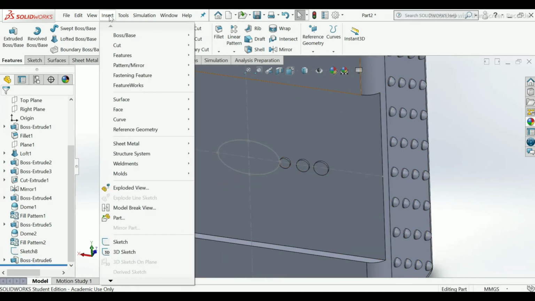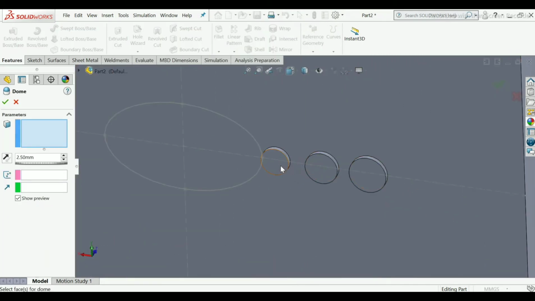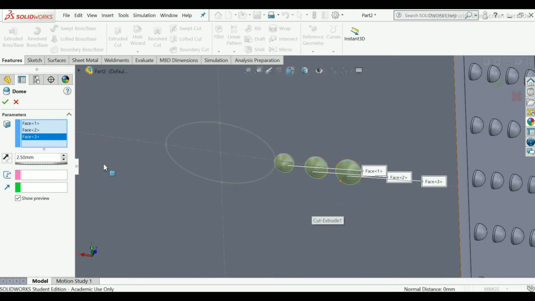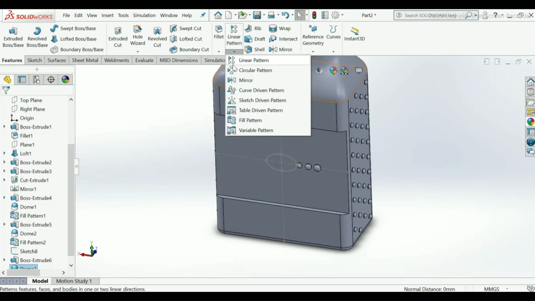Here apply dome, insert feature, dome. Select all 3 faces. Dome will be 2.5 mm. Click OK. Choose linear pattern command.